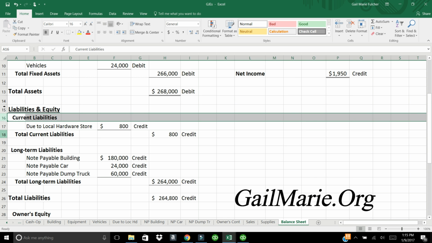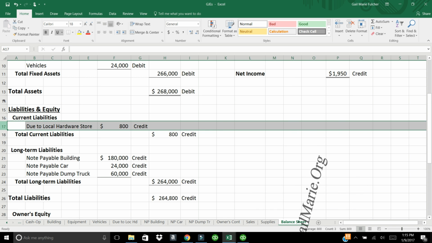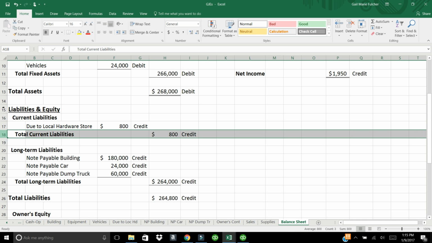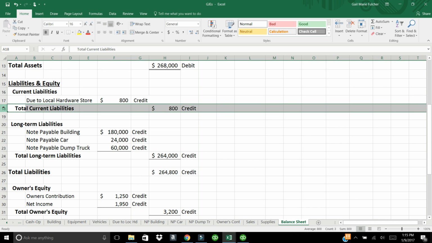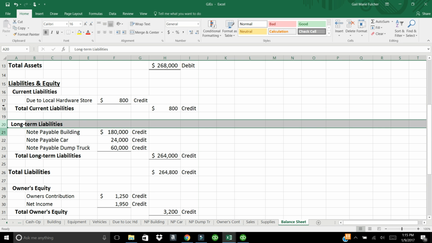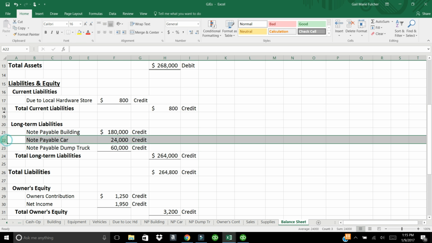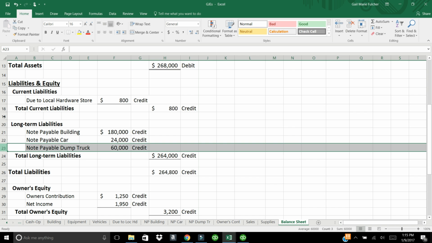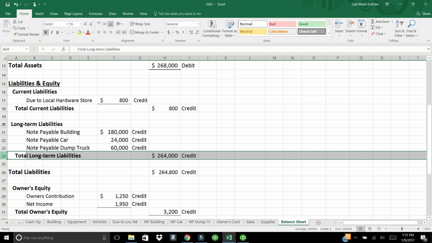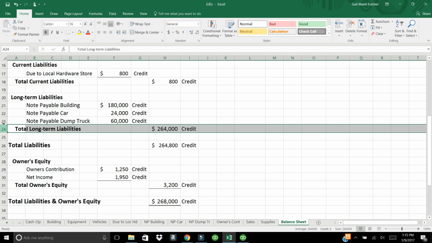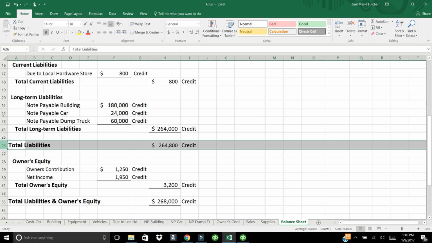So our current liabilities are due to the local hardware store because that's going to be paid off within the next year, within the next 12 months. That's a credit balance of $800 for total current liabilities of $800. Then we have long-term liabilities. These are all of the debts that are going to take more than a year to pay off. So we have notes payable building, note payable car, and note payable truck for a total long-term liabilities of $264,000. So our total liabilities are